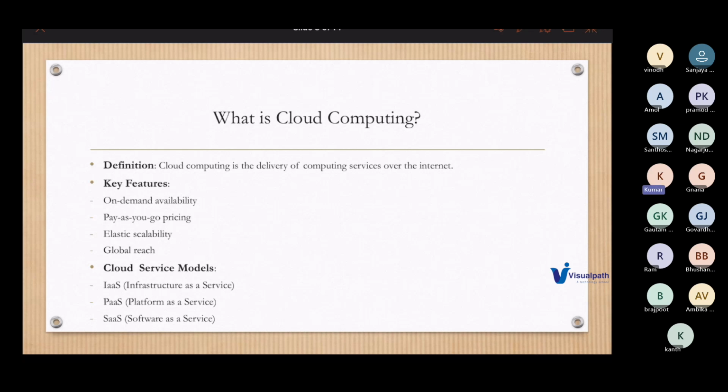So this is the definition, I would say. The question that arises here is, what are computing services then? In simple terms, computing services refer to services that allow users to run their applications, process their data, and manage workloads. Simplifying this, cloud computing delivers all these required resources on the fly over the internet, where